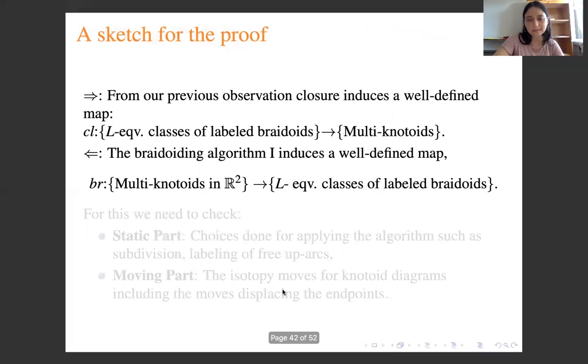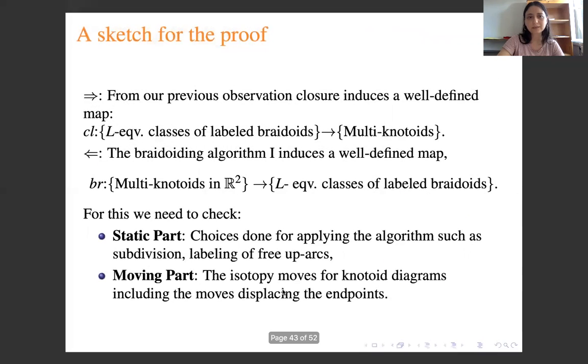And for the other side of the statement, we need to show that the braidoiding algorithm induces a well-defined map from the set of planar multi-knotoids to the L equivalence classes of labeled braidoids. So for this, we need to check two things, static things and moving things. I can separate in this way. The static things for showing this statement